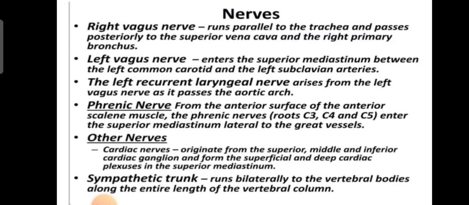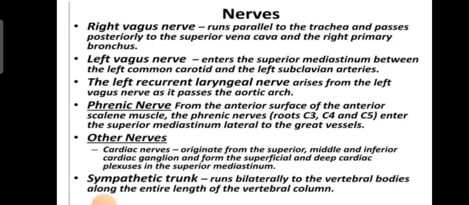In the superior mediastinum, we have the right and left vagus nerves. The right vagus nerve passes posteriorly to the superior vena cava and the right primary bronchus, while the left vagus nerve enters the superior mediastinum between the left common carotid and left subclavian arteries. Then we have the left recurrent laryngeal nerve, which arises from the left vagus nerve as it passes through the aortic arch. Then we have the phrenic nerve, which arises from the roots of C3, 4, 5 and